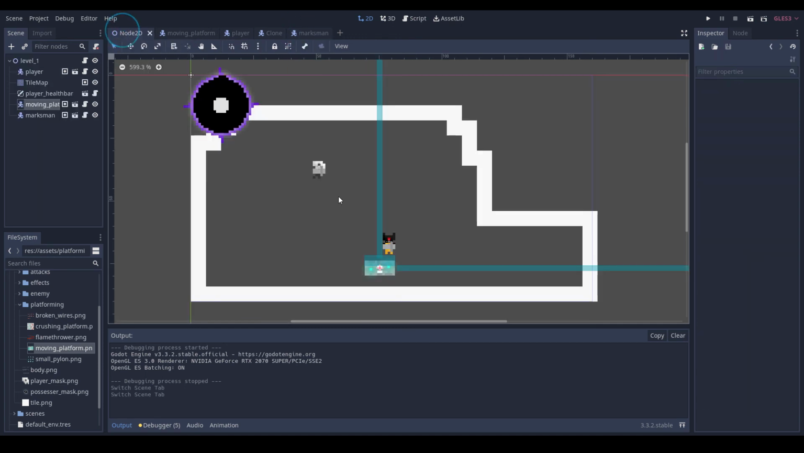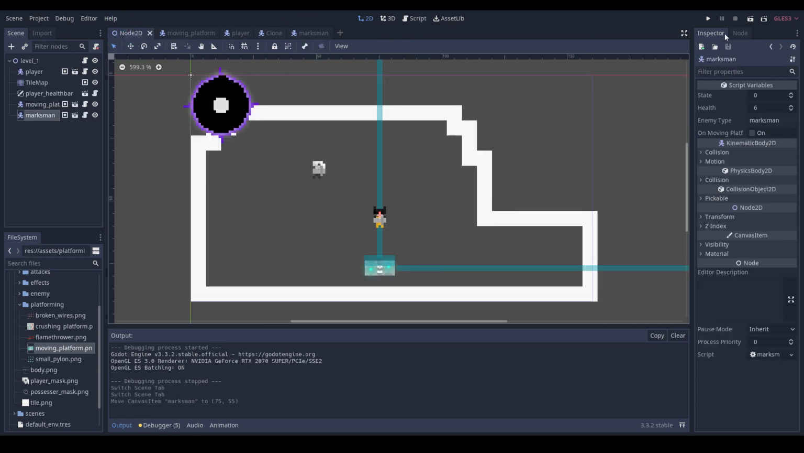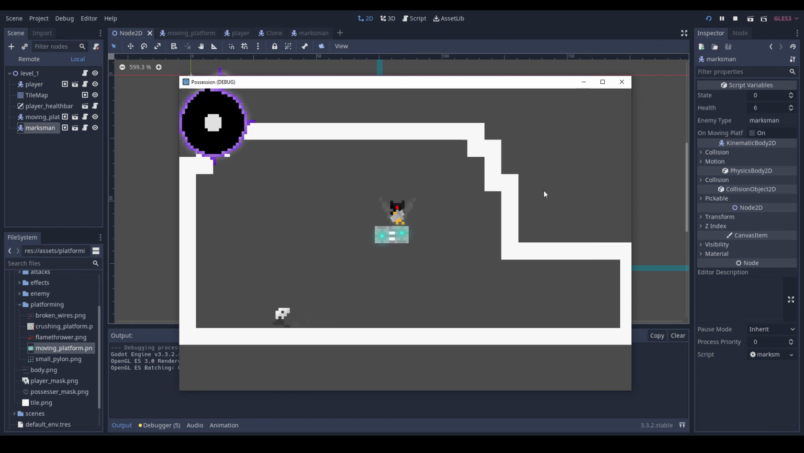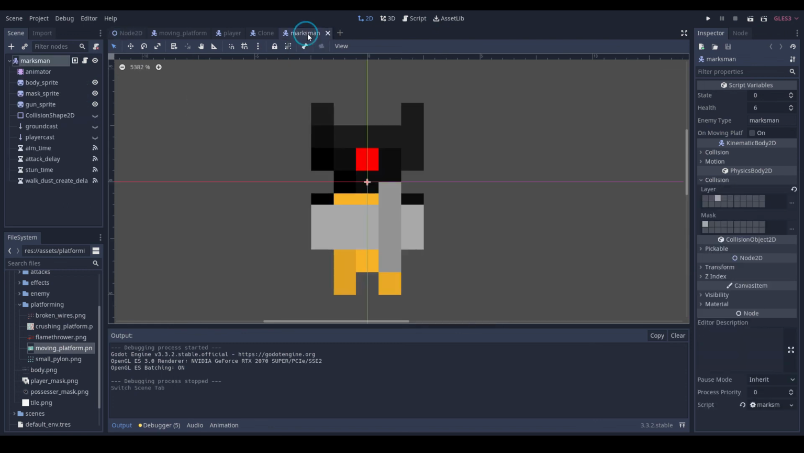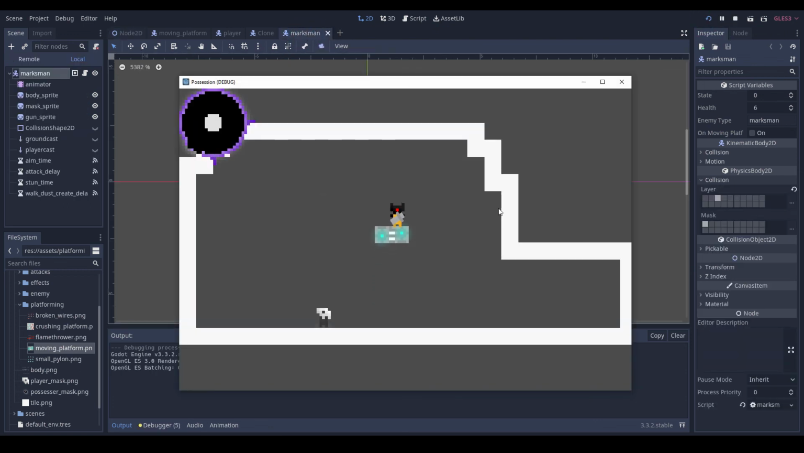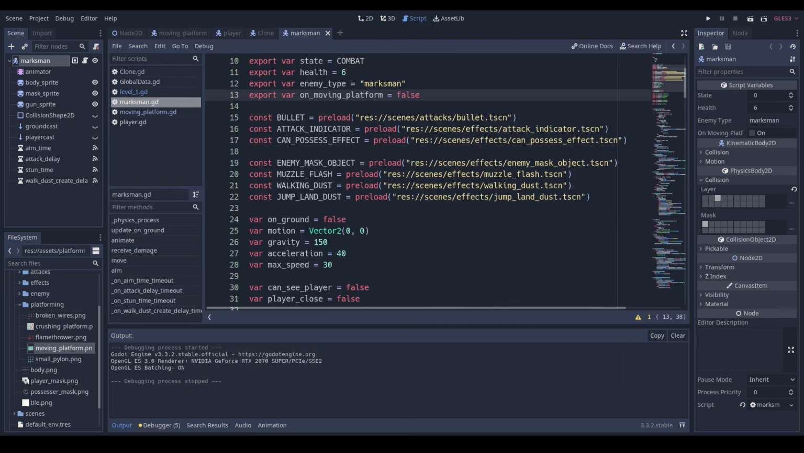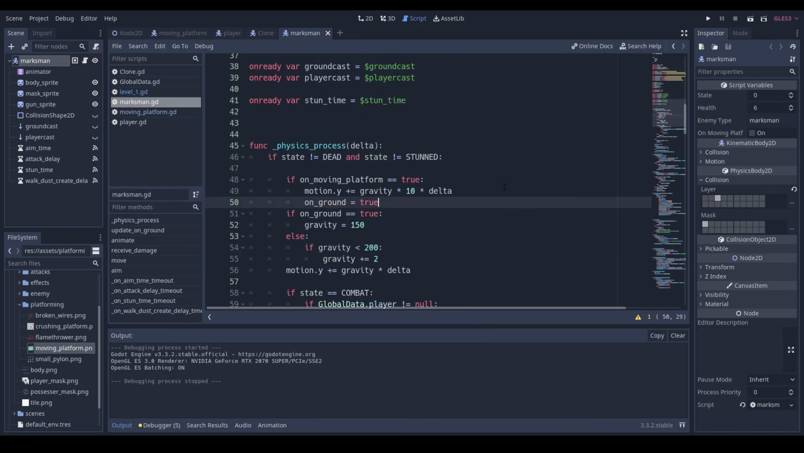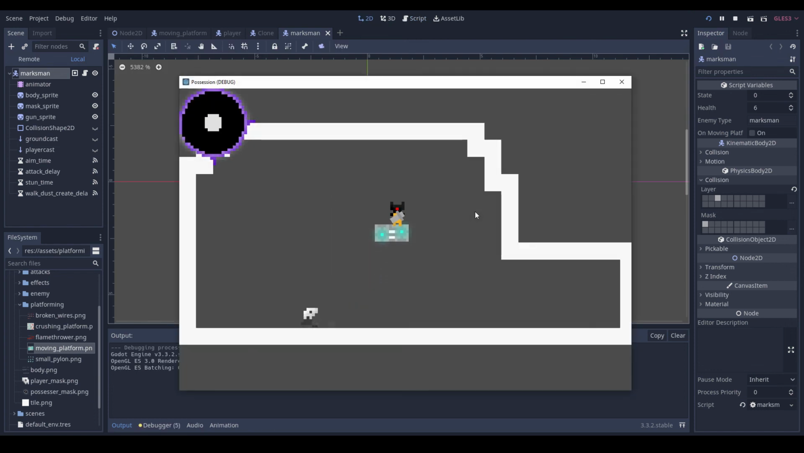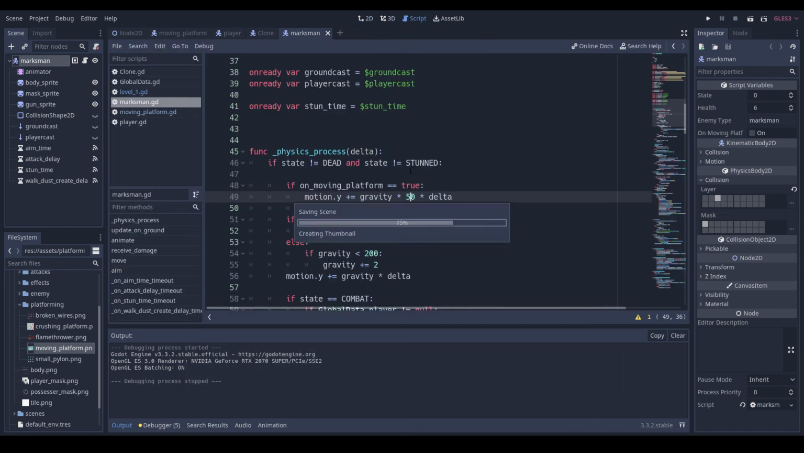Okay, let me just go in here. I'm gonna drag him a bit more into the center. And what animation is he playing when he goes down? The in-air one. Okay, so we set on ground to true here. I'll just try bumping this up to something like times 50. And then